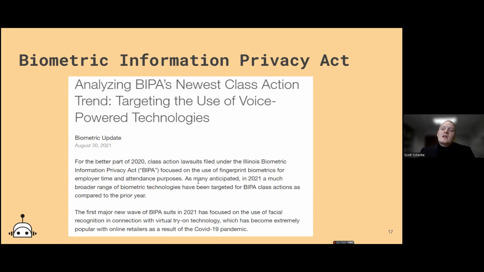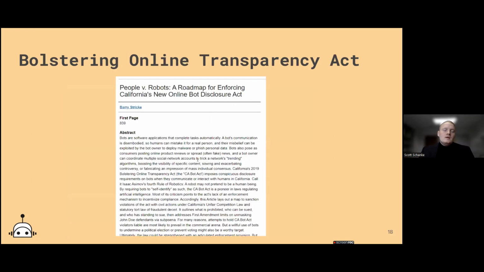But some folks have started to bring class action lawsuits, especially in Illinois, against major tech firms like Google and Amazon that are using voice prints to figure out who's in a room. Okay. Additionally, California recently